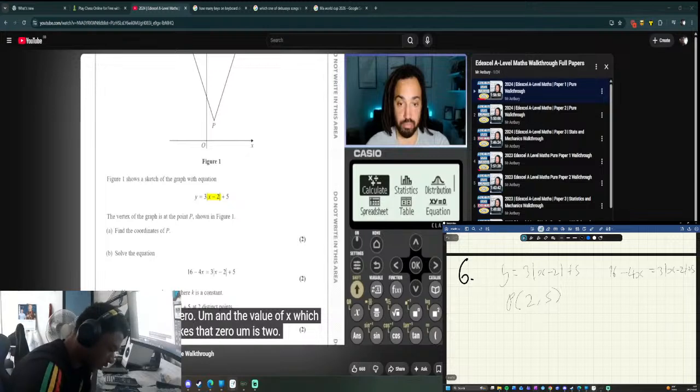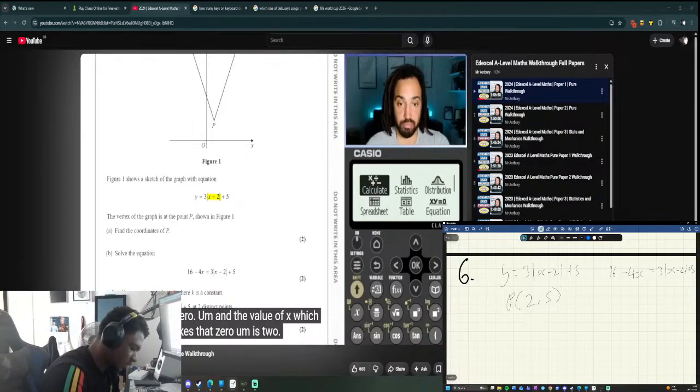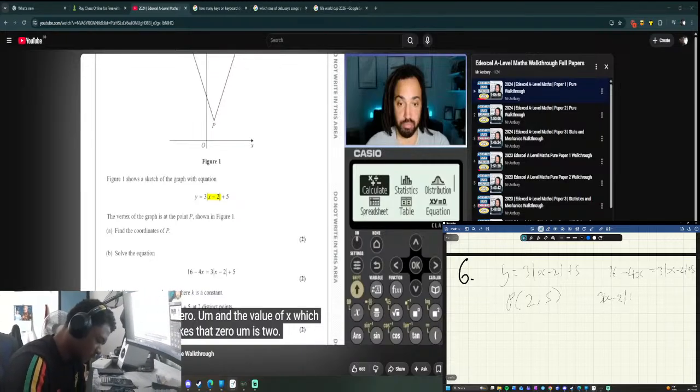Interesting. I think I'll put everything to one side to make it 3 modulus of x minus 2 plus 5